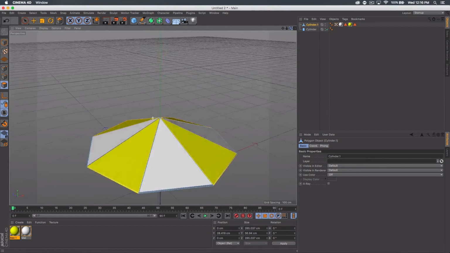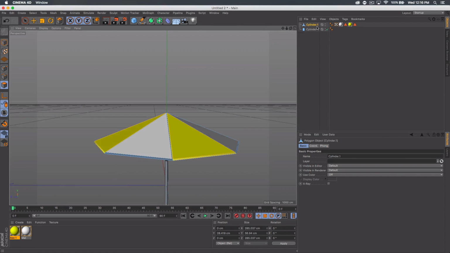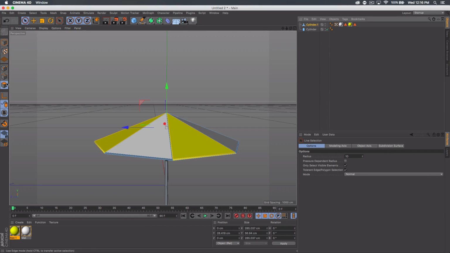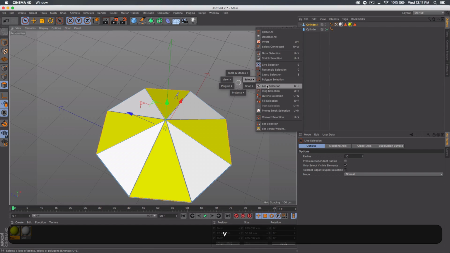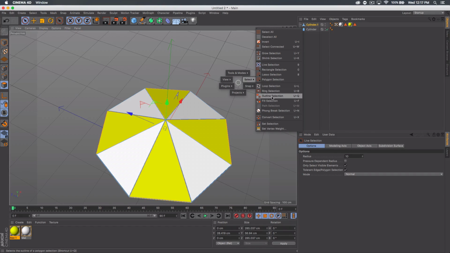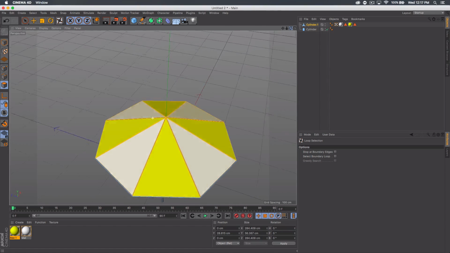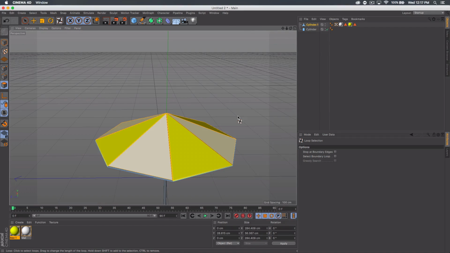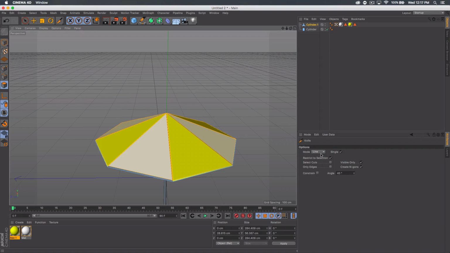The other thing is, I think I just forgot to do this, but it's not bad. You can make it more rounded. So this one's very pointed, I guess. So to make it rounded, you'd get the selection tool and just select everything. So if you hit V, select, you could do fill selection. I'll just do loop selection so it goes around this part, because that's all we need really. And then if we go right click knife, and then we do a loop in the mode,